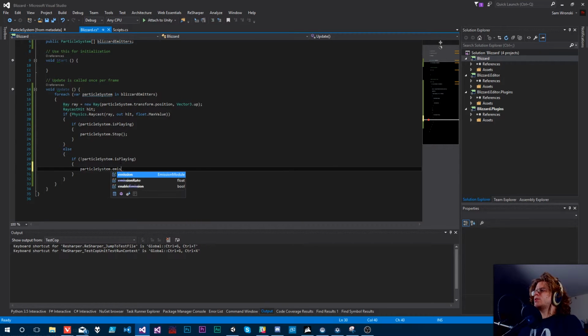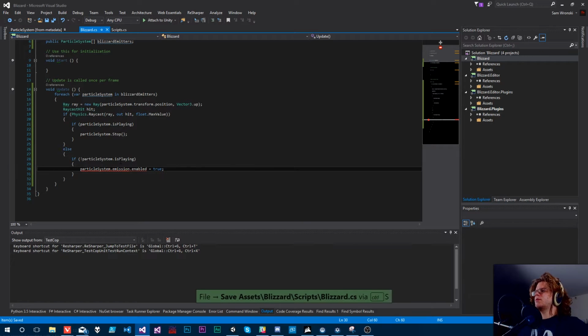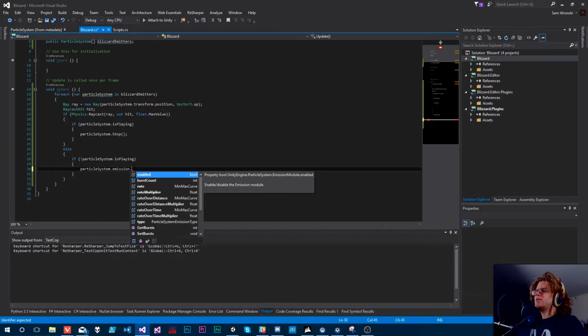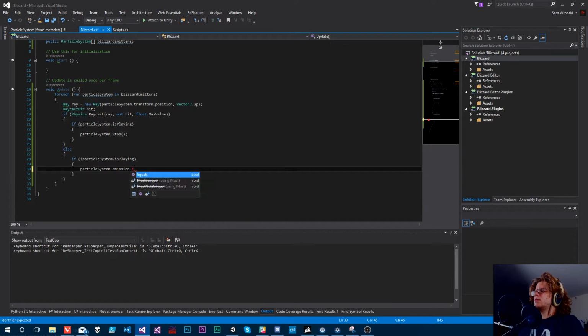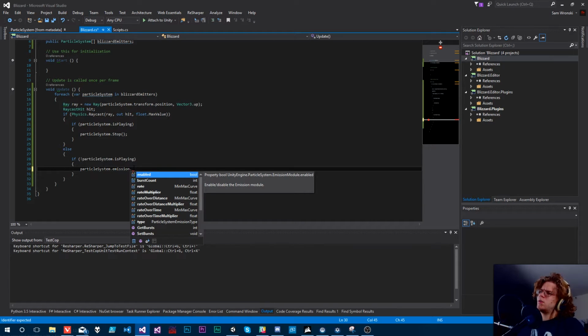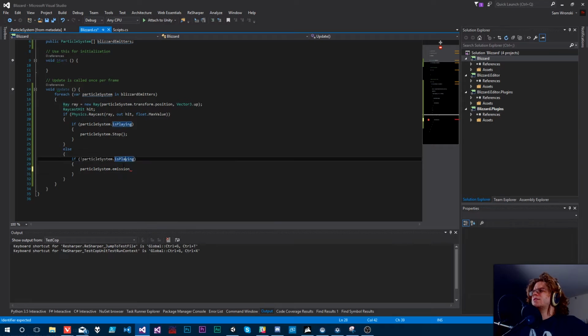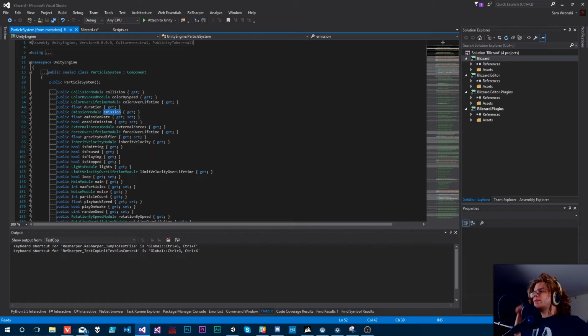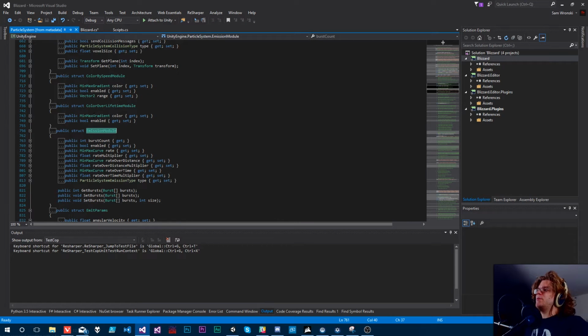Use emission dot enabled instead. Oh, okay, that's kind of tedious. Well, that's less fun. Okay, so this is something we can use,